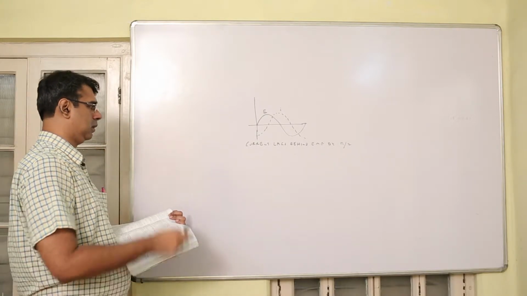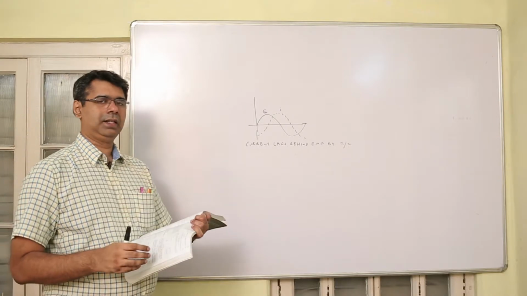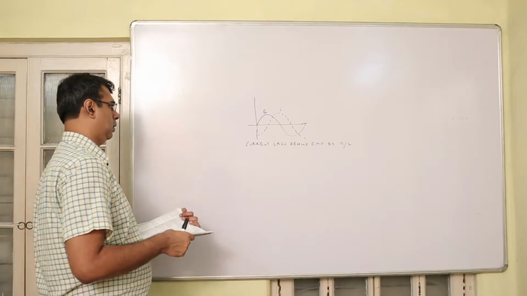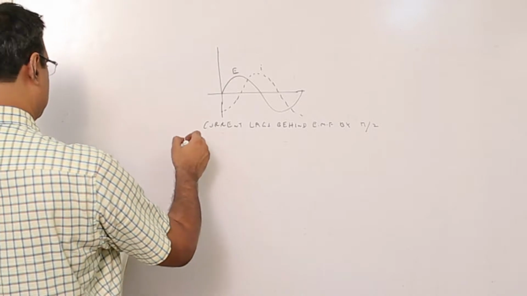So these are the three simple circuits, that is circuit with only a resistor, circuit with only a capacitor, and circuit with only an inductor. Now we come to